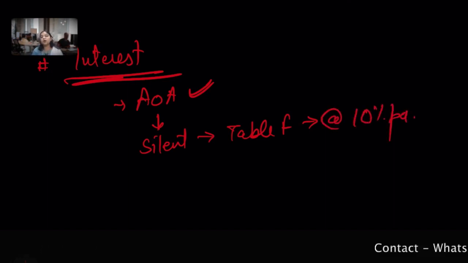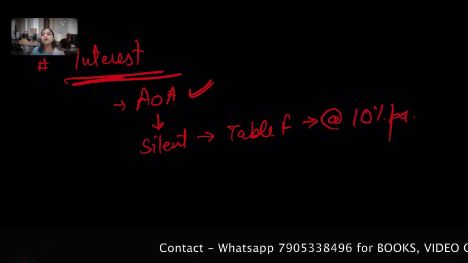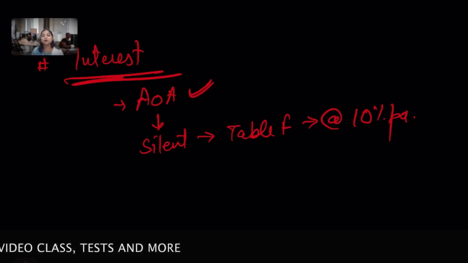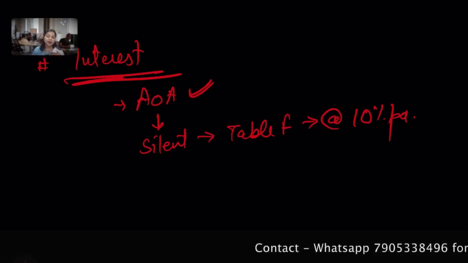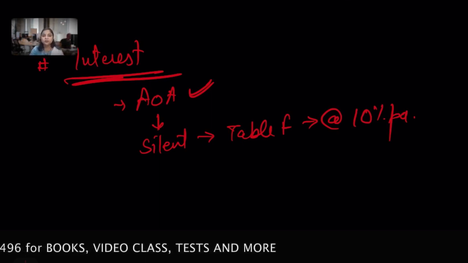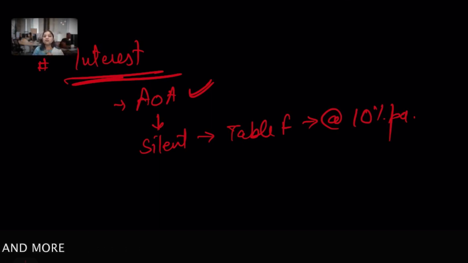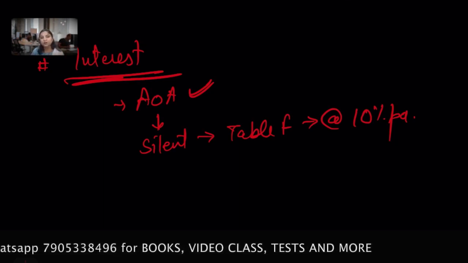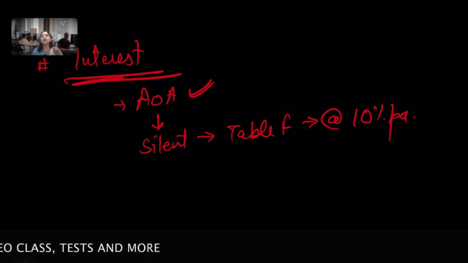So me being a director on behalf of a company, I have a right to waive off this payment of interest on calls in arrear. It's not that I have to collect it in each and every case. No, I being a director of the company have a right to waive off this interest. So this interest is recoverable according to the provision given in the articles of association with regard to interest on calls in arrear. And I told you, what if the article is silent?